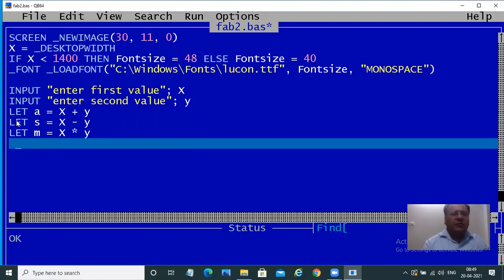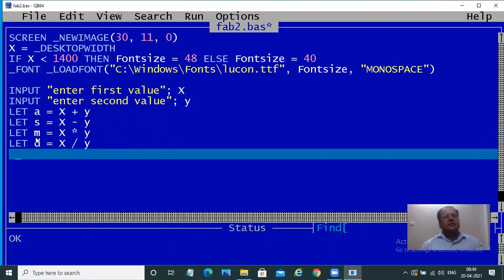All right. I'm trying to use these variables A for addition, S for subtraction, M for multiplication. Let D is equal to any type of division X slash Y. Now this is how you use your division.